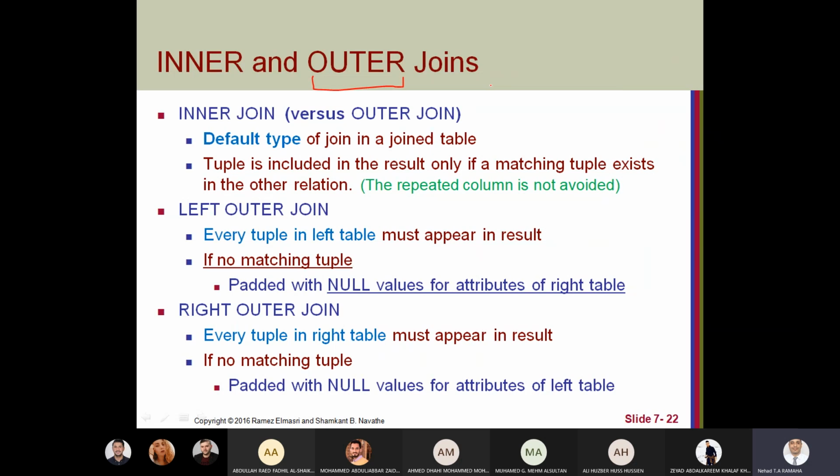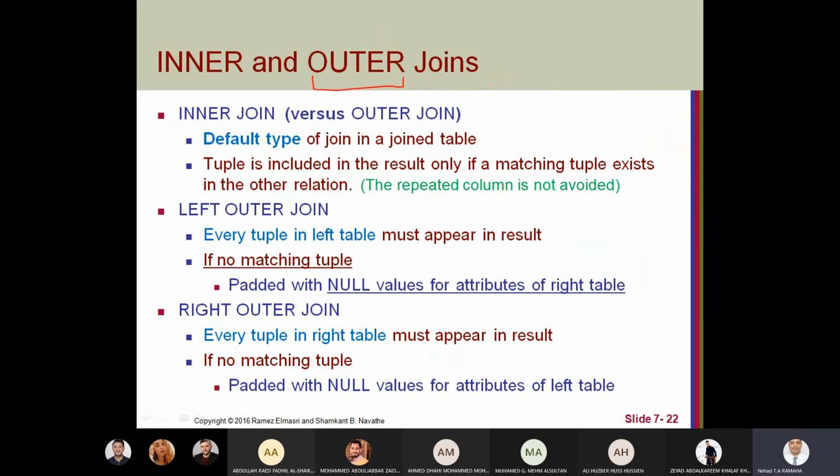Or you can mention that I need all values from the left and the right. Then, where there is a join, when you have the same value for the join, you will get from the left and the right connected tuples. If you have a right value that does not exist in the left, the left will be filled with null, combined with this value.